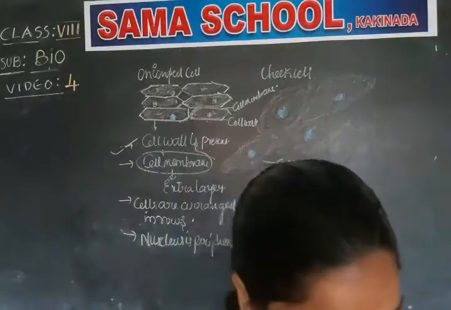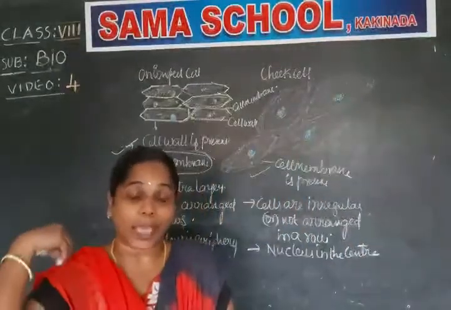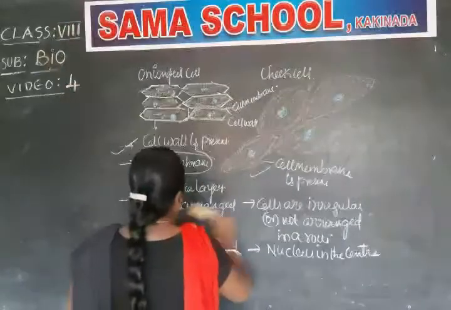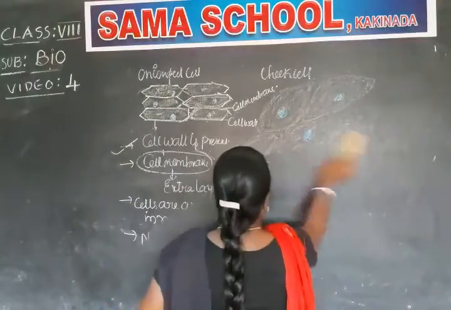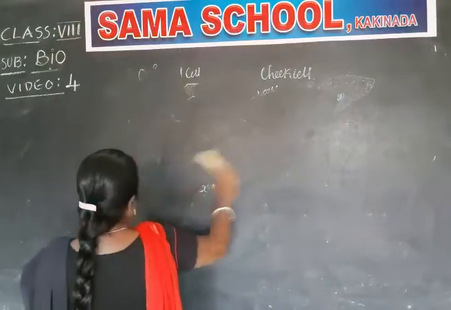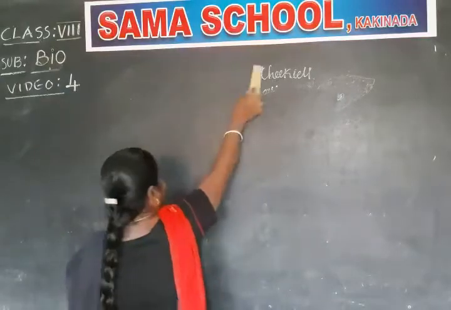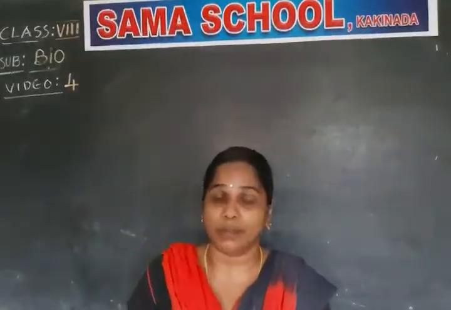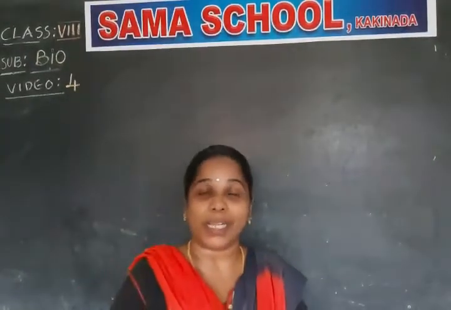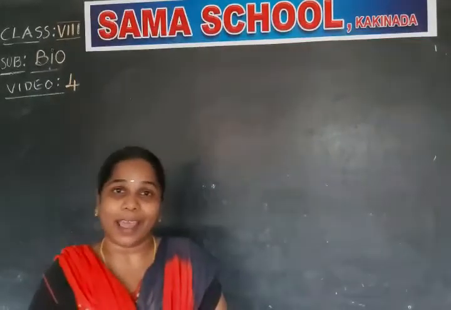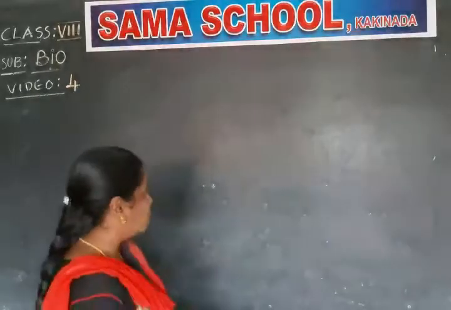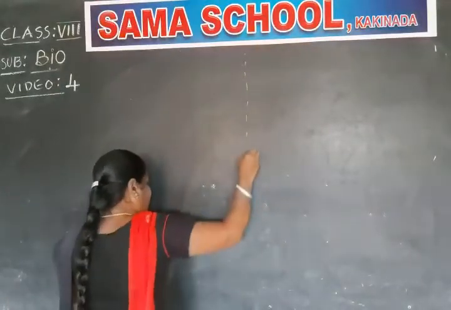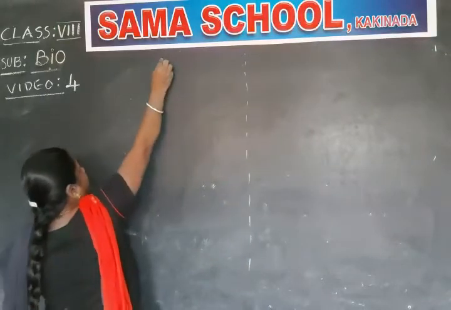Now let us learn some more differences between the plant cell and animal cell. I am going to draw the animal and plant cell completely, then you can understand what organelles are present in plant cell and animal cell. Even though it is not given in your portion, in examinations they ask to name some organelles in both plant cell and animal cell. So for that I am drawing a diagram of a plant cell. I am dividing the board in half and I will draw a small diagram.